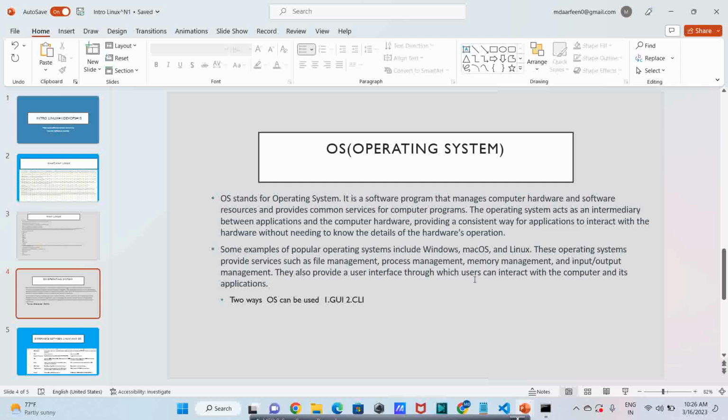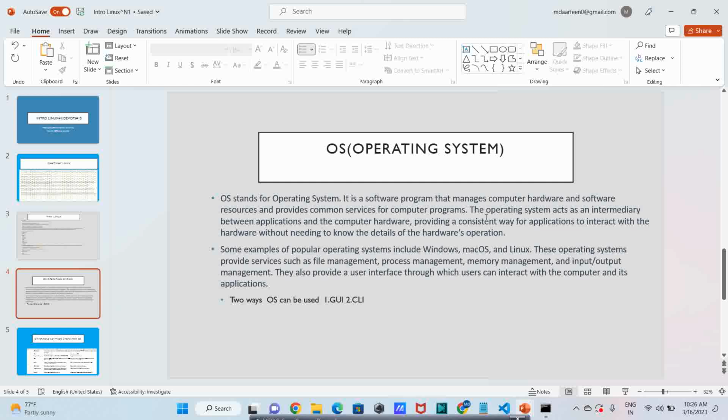But what does it mean, what is an operating system doing? In general we are using it, but we don't know the correct definition. So OS stands for operating system. It is a software program that manages computer hardware and software resources and provides common services for computer programs. So this is what the OS means.